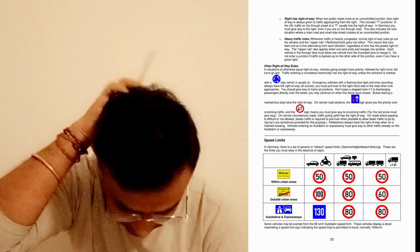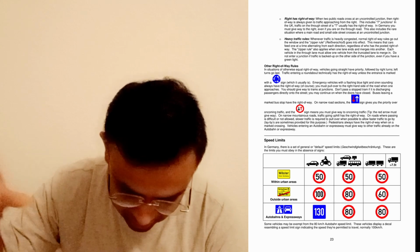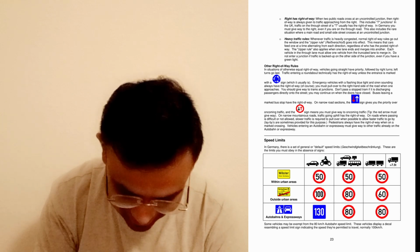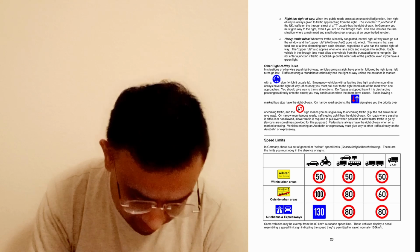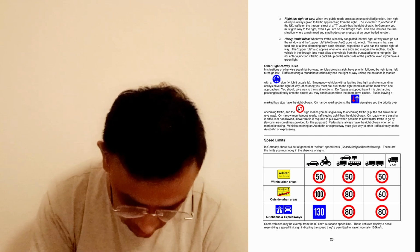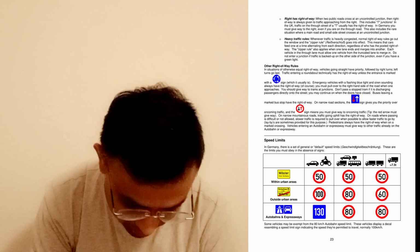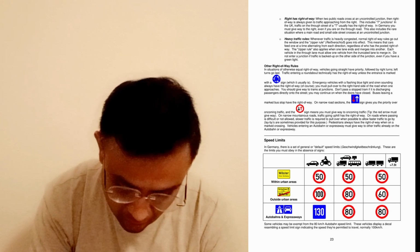On Autobahn and expressway is 80. And for the trucks with another container attached or greater than 7.5 ton within urban areas it's 50, outside urban areas it's 60, and on autobahns and expressway it's 80. Got it. Some vehicles may be exempt from the 80 km per hour on autobahn speed limit. These vehicles display a decal resembling a speed limit sign indicating the speed they are permitted to travel, normally